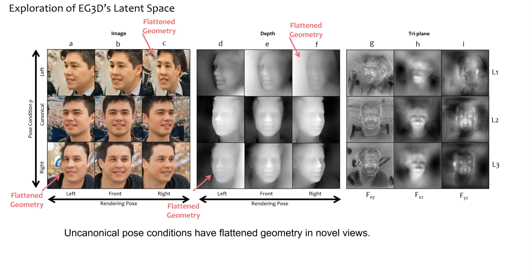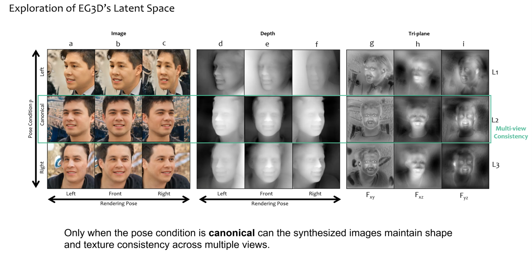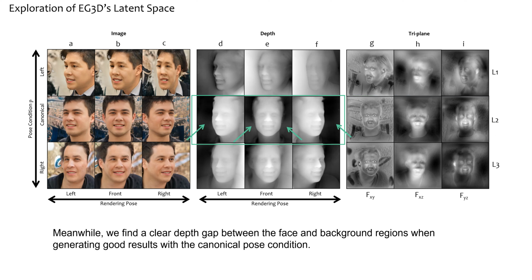views. Uncanonical pose conditions have flattened geometry in novel views. Only when the pose condition is canonical can the synthesized images maintain shape and texture consistency across multiple views. Meanwhile, we find a clear depth gap between the face and background regions when generating good results with the canonical